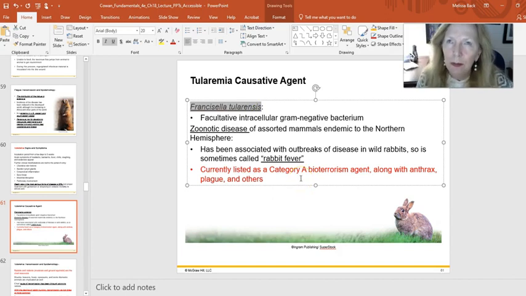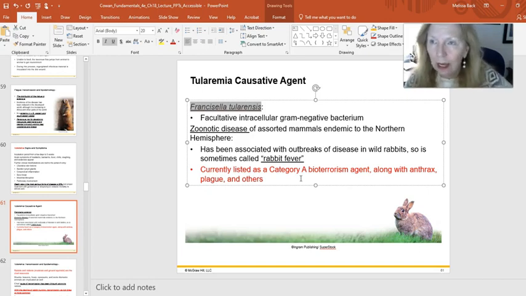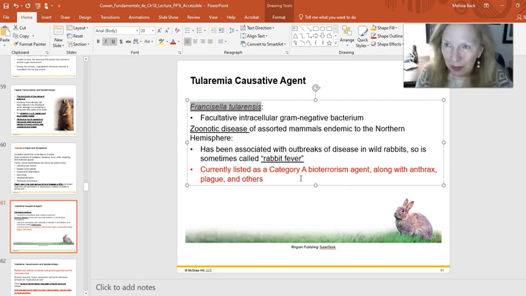The people most at risk for this are going to be hunters that are dressing their own meats, but especially certain types of animals. And I do think that fewer people now in developed countries are eating wild rabbits. Sometimes they are farming animals that they are controlling, and they're testing those animals so that they're not contaminated with these things. But we used to see a lot of this.